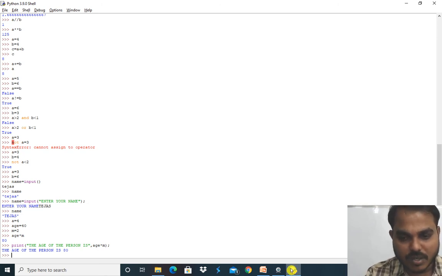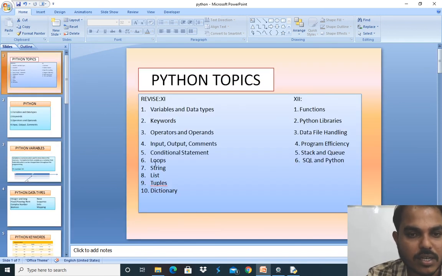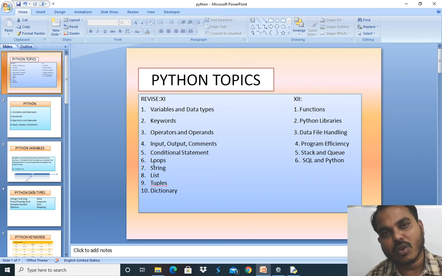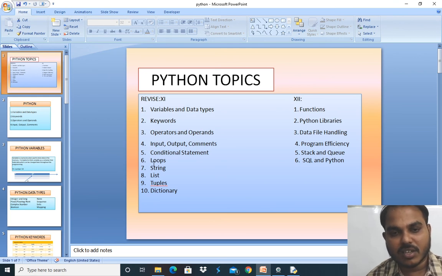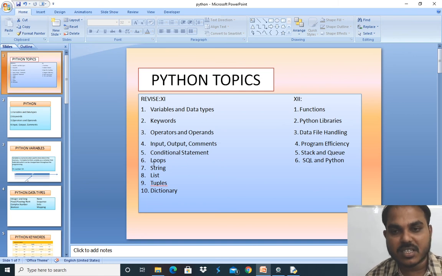So these are the topics we have covered today. In the next class, I'll go with conditional statements. Conditional statements are nothing but we are going to use loops here: for loop, if, and while loop. If necessary, I'll use some more loops, for example do while loop. In conditional statements we will be using some logic things here, right? Greater than, less than, equal, how to use them, where they are going to be useful, the string, list, and tuples. These things will be used in sequences and dictionary, right?